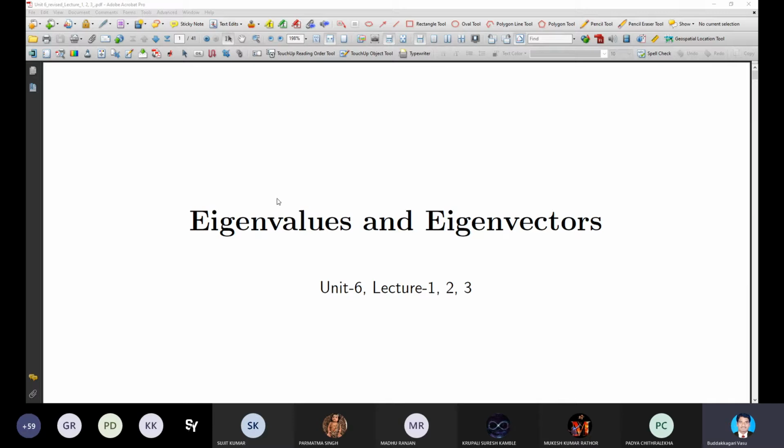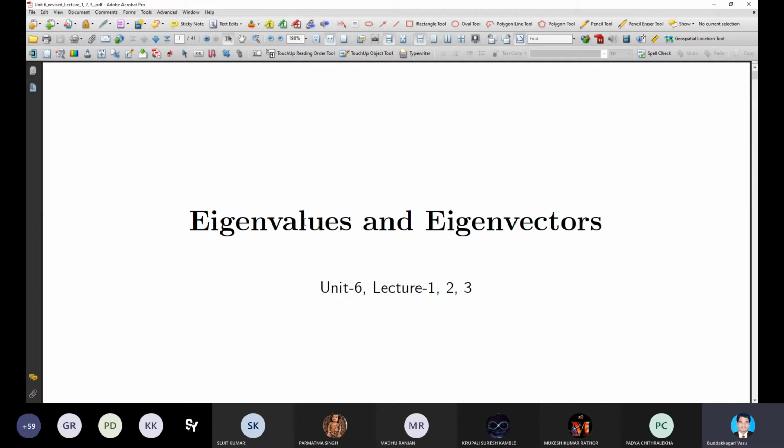Now, the next part of these matrices is eigenvalues and eigenvectors and applications. This sixth unit deals with eigenvalues, eigenvectors and applications. Here we will find the eigenvalue and eigenvector of the given matrix and their applications in diagonalization, the Cayley-Hamilton theorem, and also the quadratic forms,